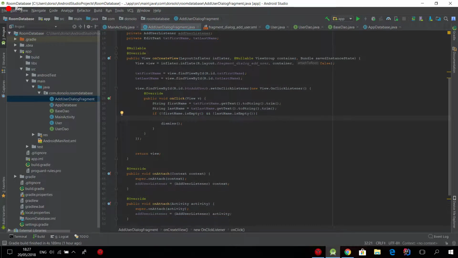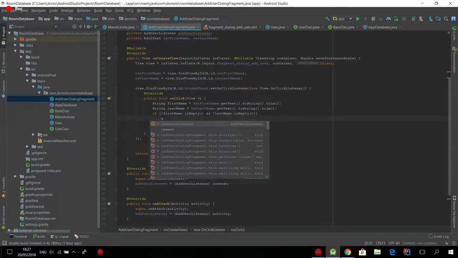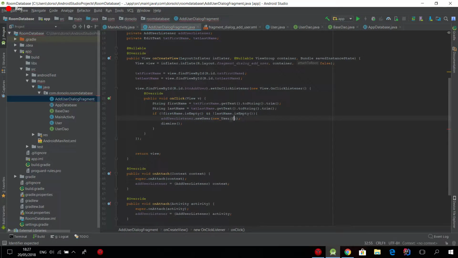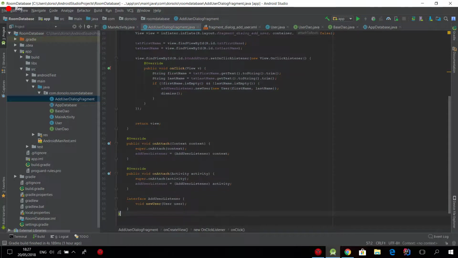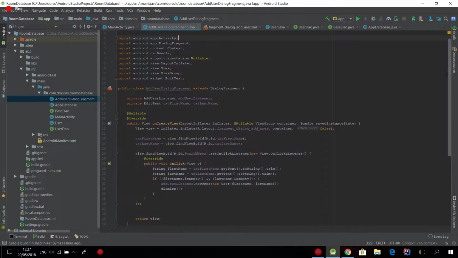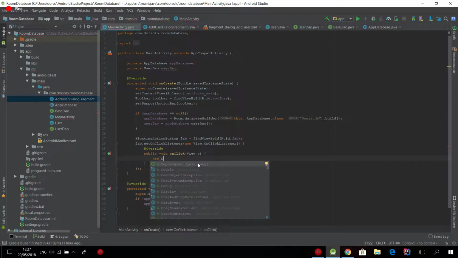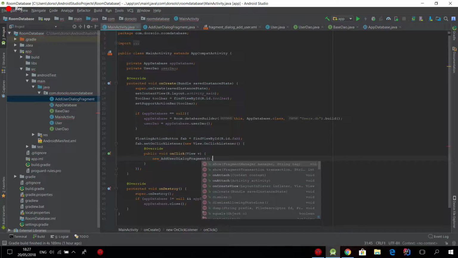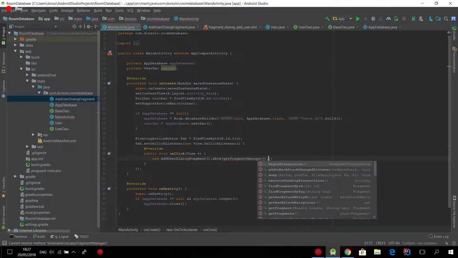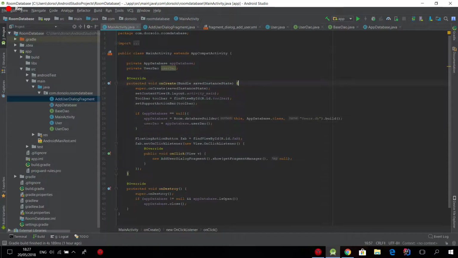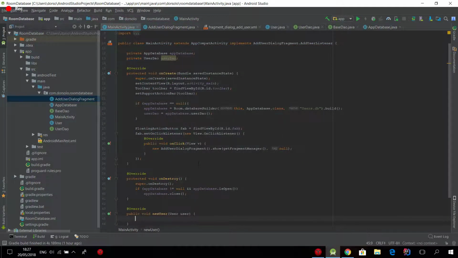I at least want to support lower API versions. So now let's show it. The tag is going to be null. Let's implement the listener, and it's one method. All right, and here